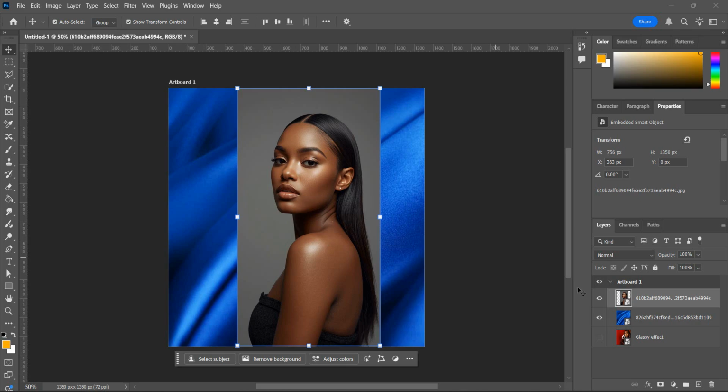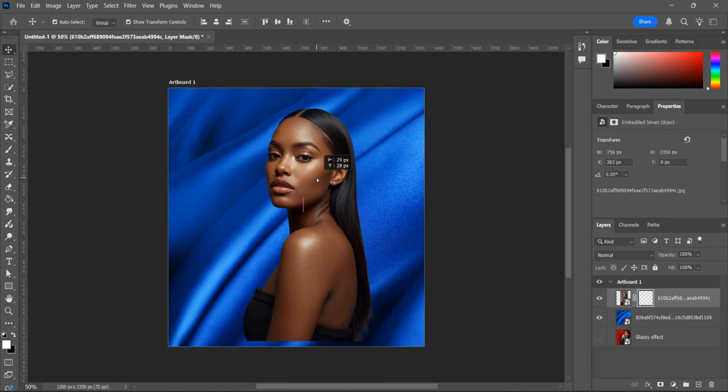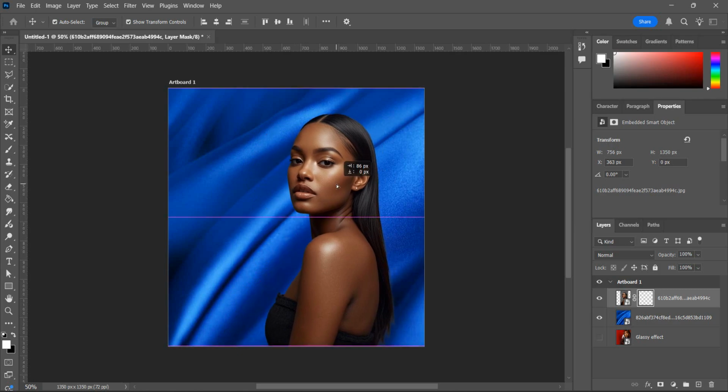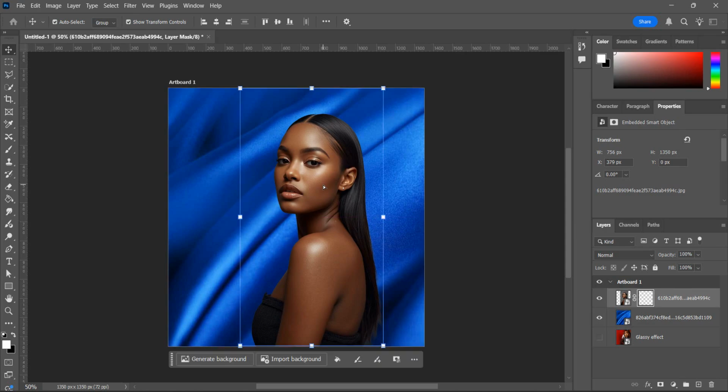So what do we do? We click on the layer. Just make sure you select the subject layer, and then click on this remove background. When you click on it, that removes your background. Let's wait for it. And voila, here we are. We have just her now on our blue background. So we are literally 50% done, but right now we want to go ahead to create the exact reason why